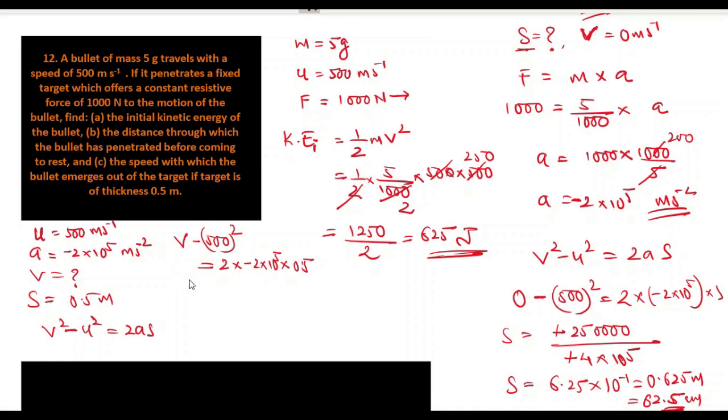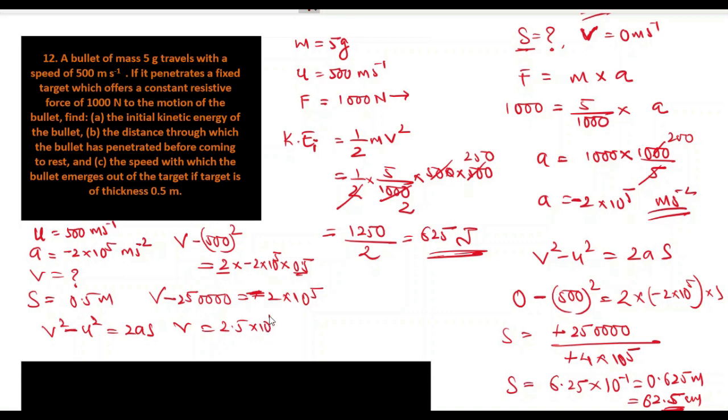Okay, so if we solve this, that is minus 2,50,000 is equal to, 0.5 into 2 is 1, so this will be minus 2 into 10 raised to 5. Minus will cut, and here there is v. Hey, minus will not cut. This will be minus, and this will go that side. So v is equal to 1, 2, 3, 4, 5.